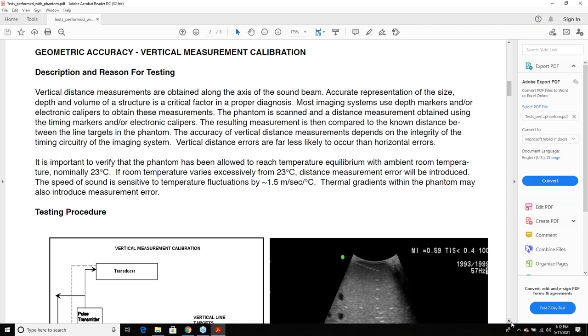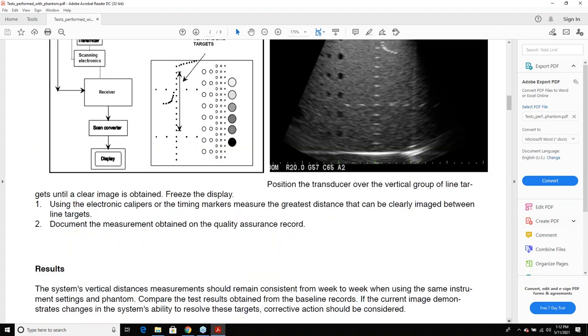But if you know your phantom's been in a 128-degree trunk and you're bringing it in for a PM, you can put it in a sink of room temperature water, and that phantom will come to room temperature or close to room temperature very quickly. And yes, you can fully submerge this one and it won't hurt it. So temperature does matter, is the point. And then you go down, and it tells you how to accomplish the test, which is super easy,